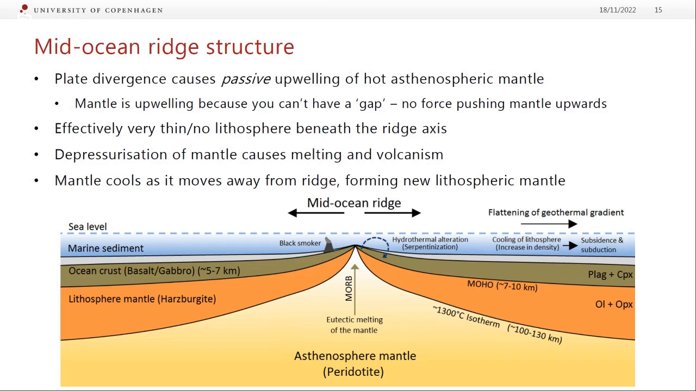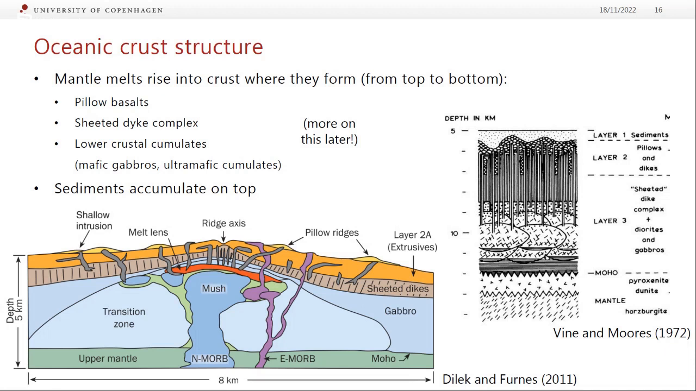This mantle is being pulled sideways because the plates are moving apart, and it cools as it goes away from the ridge. And this is our thermal lithosphere, right? And it gets thicker as the plate cools over time. We'll talk a lot more about oceanic crustal structure in the next hour. But basically, these melts from the mantle rise into the crust, and they form this kind of characteristic stratigraphy of